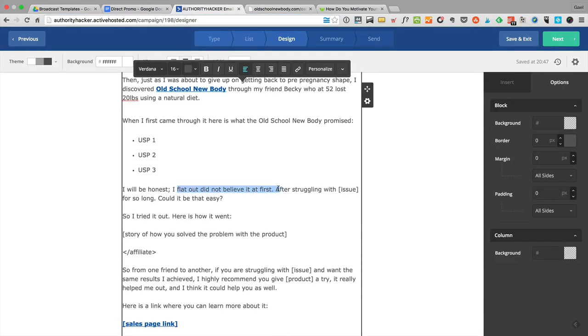It's good that you address the fact that you're doubting this stuff, because a lot of people will be doubting. If you were just like, this is the best thing since sliced bread and so on, people might not believe you. But if you are actually doubting for them, then they are going to keep on reading and they might trust you. So it's quite important that you are giving some stick to the product. It's quite important. So after struggling with getting back in shape,